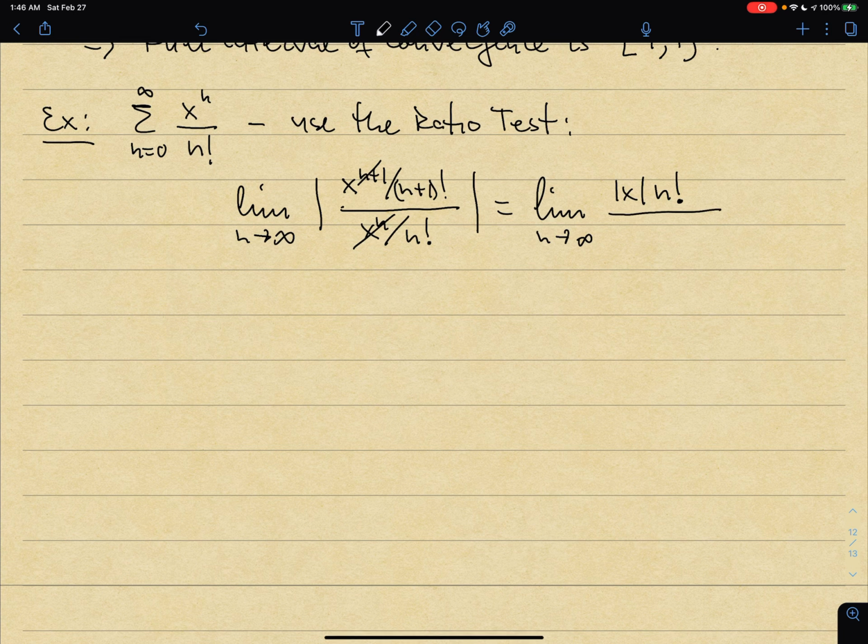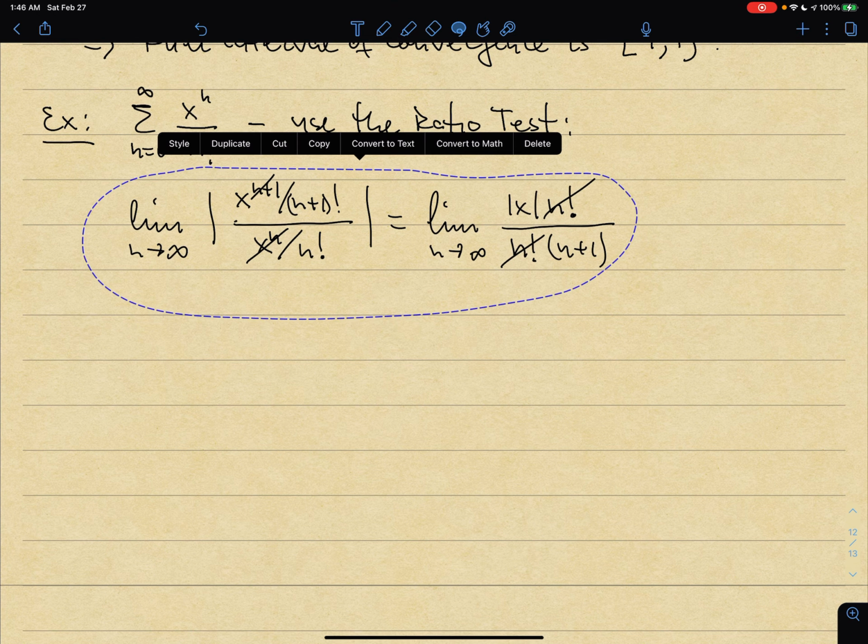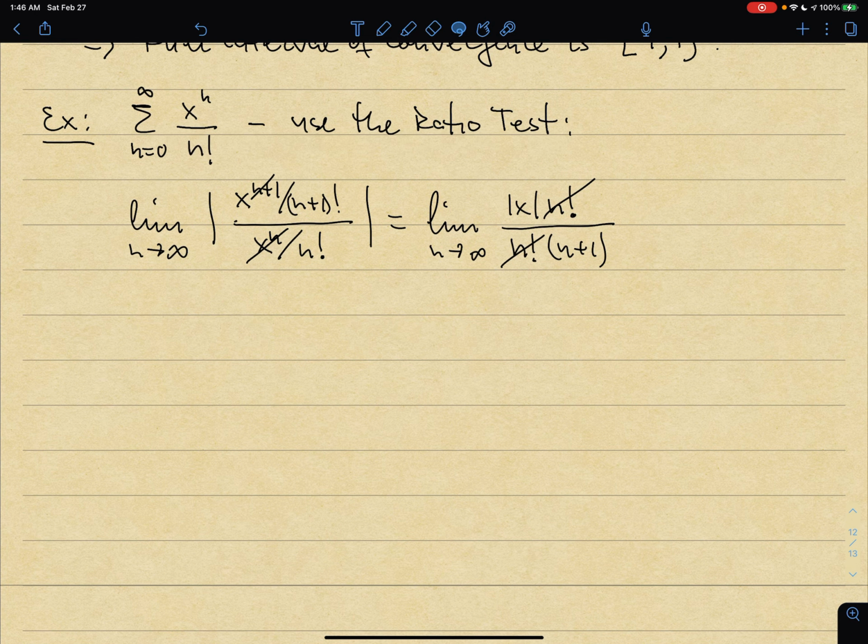And in the denominator, we should put n plus 1 factorial, but what is n plus 1 factorial? It's the product of all integers up to n plus 1, so I can write it as n factorial, the product of all integers up to n, times n plus 1. So n factorial goes away. And therefore, I need to take a limit. Remember that we're looking at pointwise convergence, so x is a fixed number. So the absolute value of x is a fixed number. So when n goes to infinity, a fixed number over n plus 1 certainly goes to 0. So this is 0 for all x, so it's less than 1 for all x